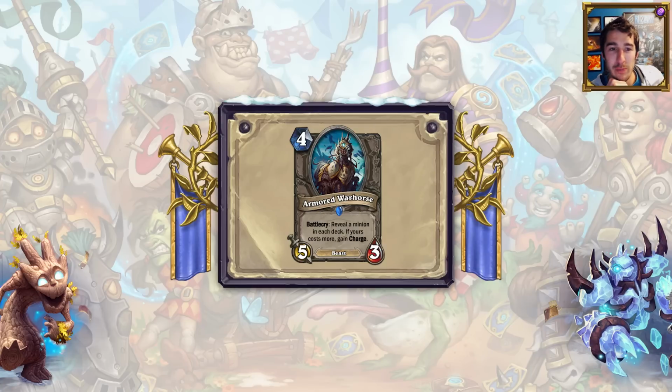If yours costs more, gain Charge. This could be good if you win every single Joust. Because for 4 mana, a 5/3, consider for a second, for a moment maybe, that Argent Commander to Northrend is 6 mana for a 4/2 with Charge and Divine Shield. This is 1 extra damage, 1 extra life, no Divine Shield, sure, but it could potentially have Charge, and it's 2 mana less. So it can be really good, but at the same time it can be